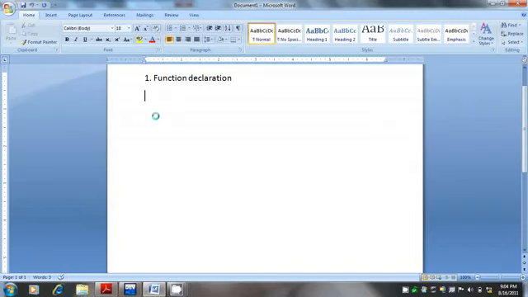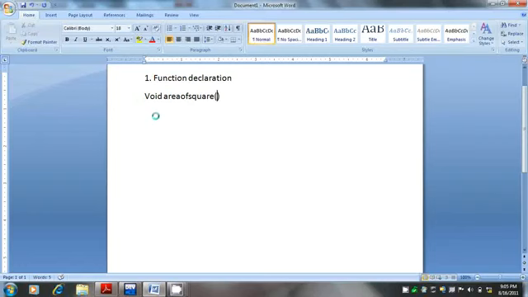If it is not returning anything, say it's just printing, say, my name is ABC or whatever, in that case we do not require any return type. However, if the function is returning an integer value, then we have to specify int as the return type. So in this case, say our function is not returning anything, we will write void, which is followed by the function name. Anything you can say, like area of square, and this is followed by the list of parameters. We have to write parameters inside this.